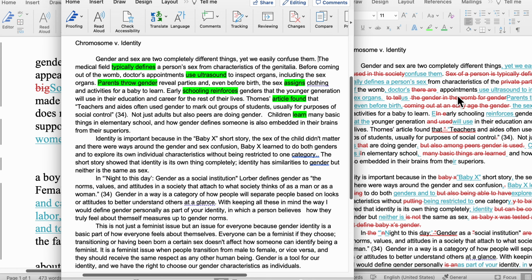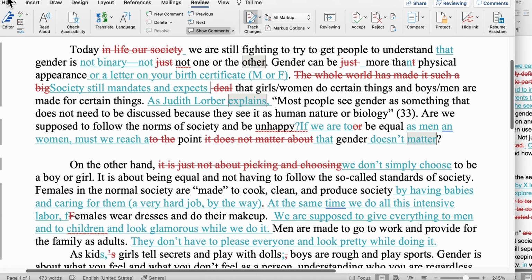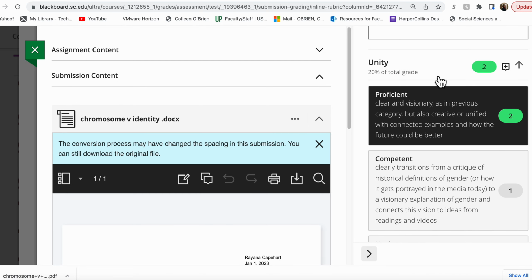Okay, so if you just look at the two sample papers I have here side by side, you can see that using those direct active verbs and reading out loud can really help you to be more direct and more clear. And it also cuts out a lot of unnecessary words. So that's one suggestion for revision, is to look for to be and its conjugations and to put in the active descriptive verbs.